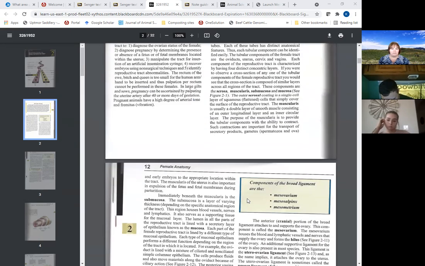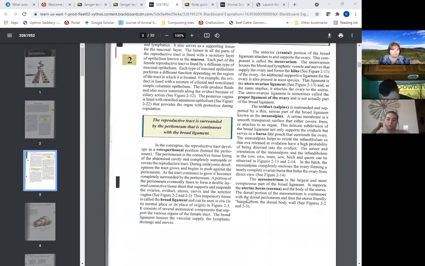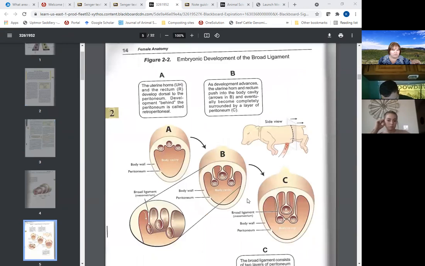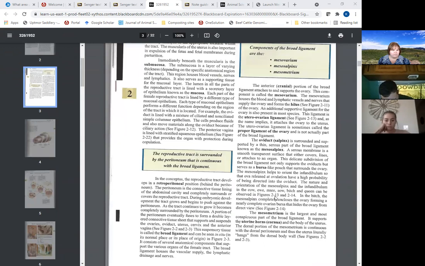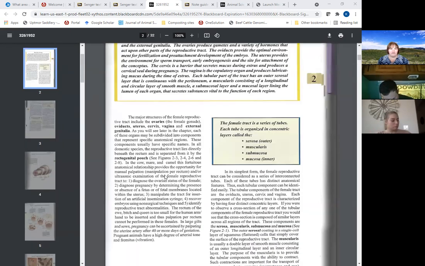Okay, and then the next big section, we did tubal structures, so it's going to be after this, the development of the repro tract. Okay. And so I'll go through and outline the chapter first, and then I will go back and read each